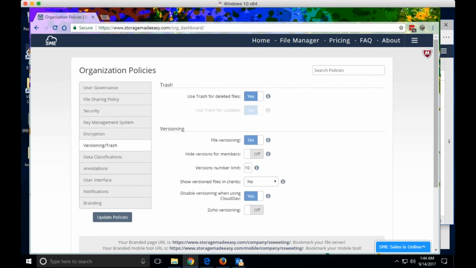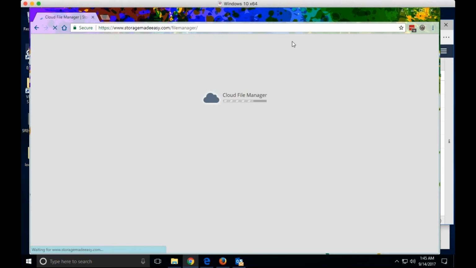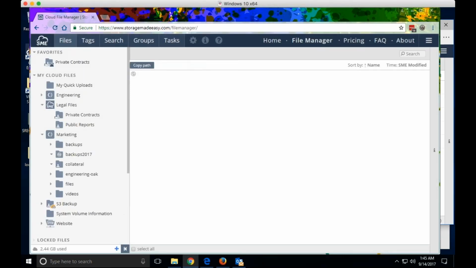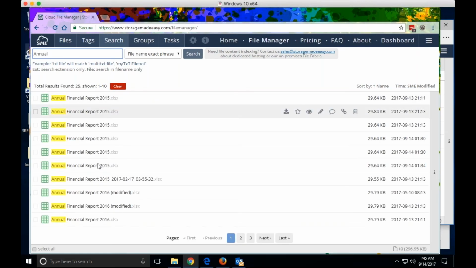security. Versioning, we talked about the ability to choose whether or not to display versions to end users, perhaps hide them in certain situations. We also have, we can actually touch on it, support for tagging and searching. By virtue of having a complete index of all of the files. So,